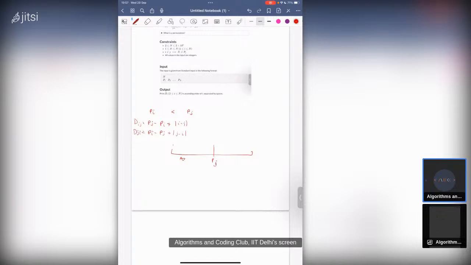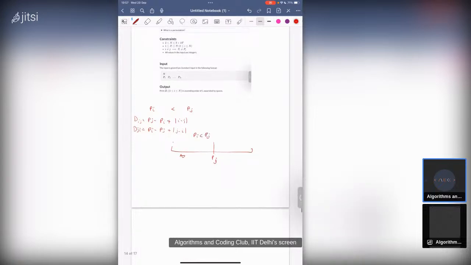Let's say we are at p_j, then only those values would have been updated for which p_i is less than p_j. So the value we know directly, the d for it would be p_j minus p_i plus |i - j|. If the index is less than the current index, then what we would have done is